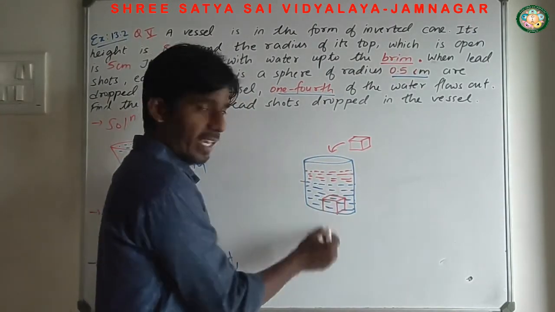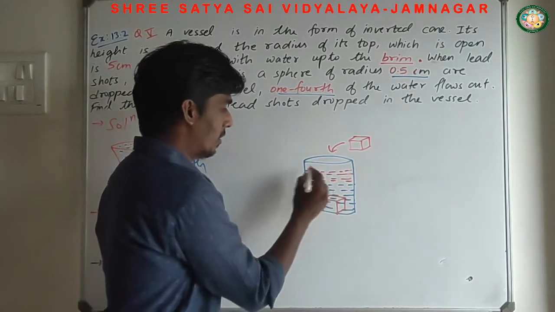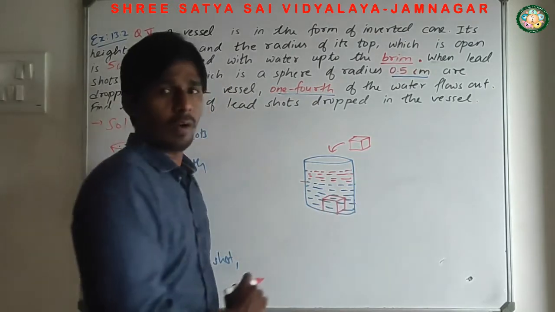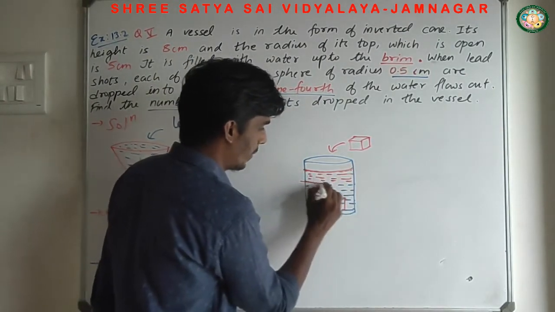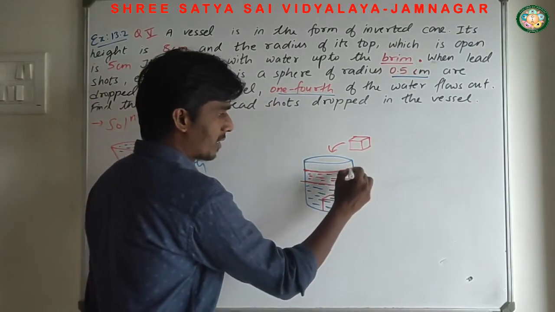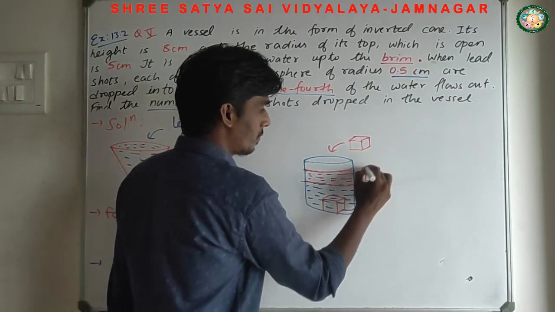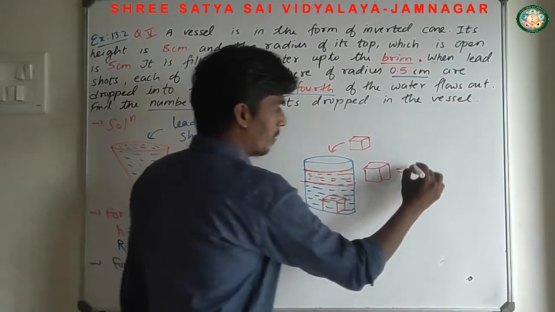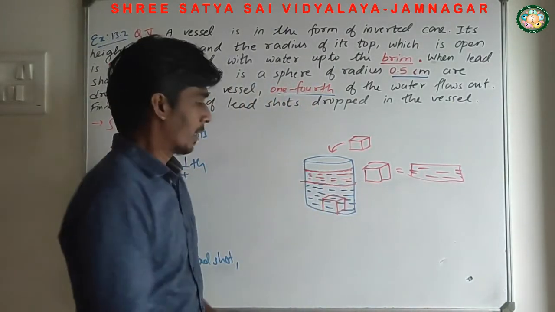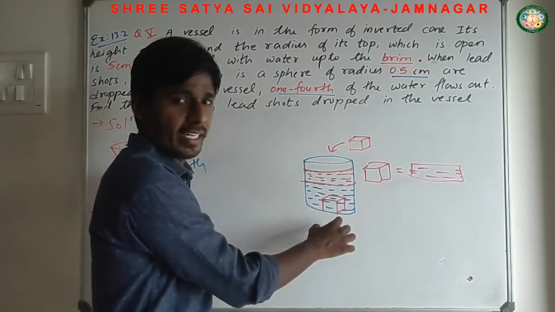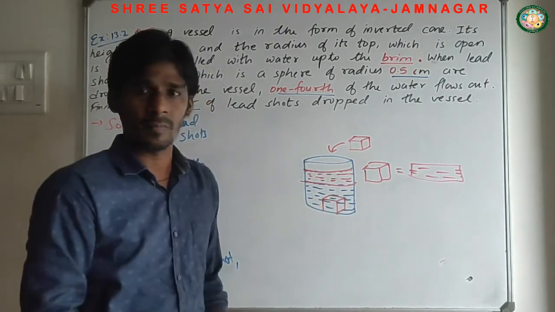The volume, or the space occupied by this cube, will determine how much the water rises. So I can say that this much level increases from here to here. So the volume of this water level increase and the volume of this cube are the same, क्योंकि जितना क्यूब स्पेस ऑक्यूपाई करेगा उतना ही पानी ऊपर राइज होगा. So I can say that the volumes are equal.